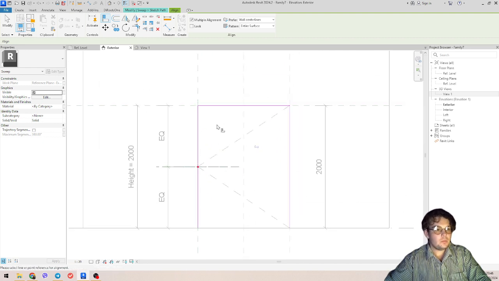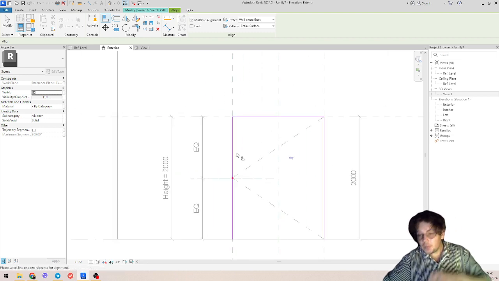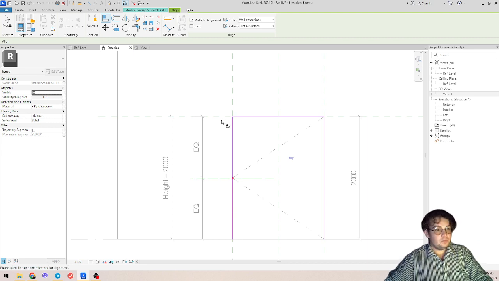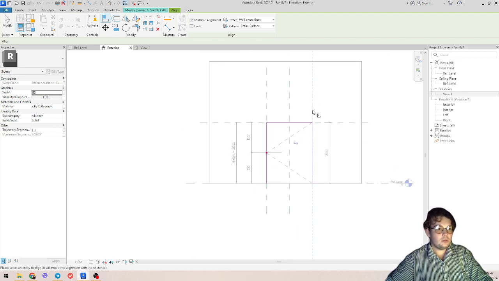With this lock, if this reference plane would move, this line that you created would also move. So align all these violet pieces, this one, and